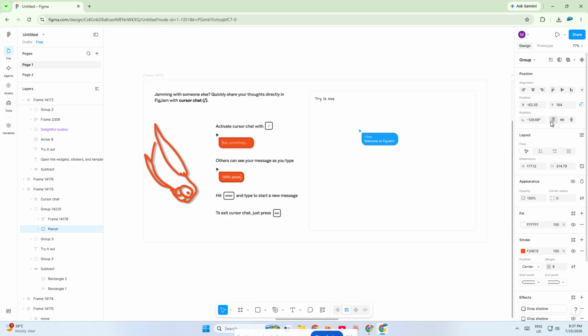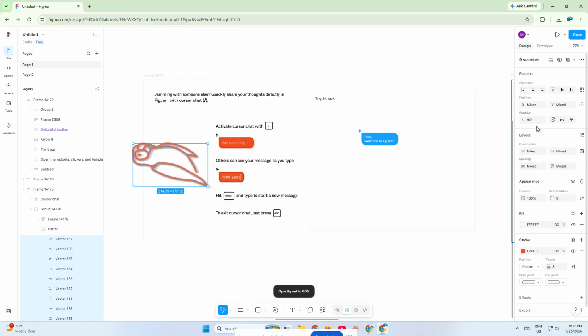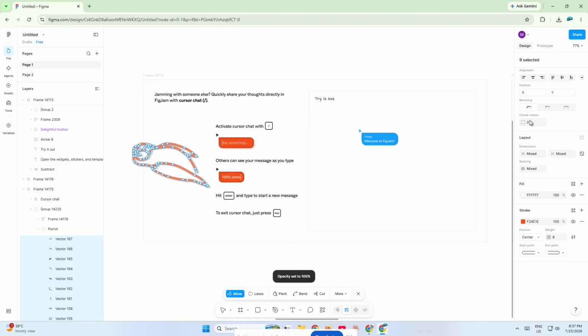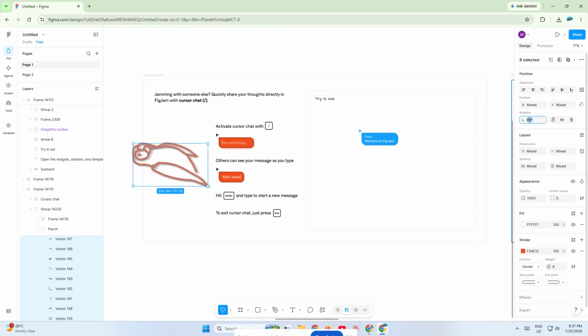Here, you can type in the exact angle you want, such as 90, 180, or even a negative value like -45. This is especially helpful when you need consistent alignment across multiple objects or when you want to match a specific design direction exactly. After entering the value, press Enter and Figma will instantly rotate the element to that angle. If you need to reset it later, just return to the same rotation field and set it back to 0